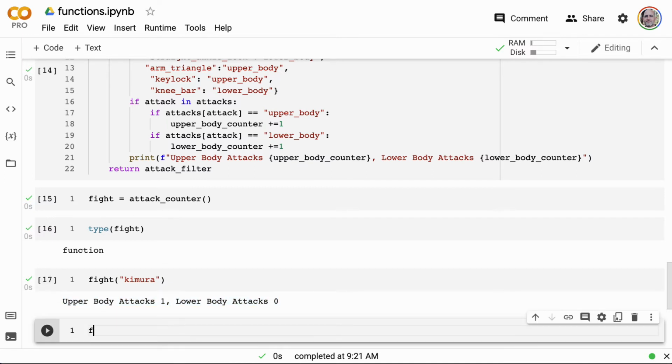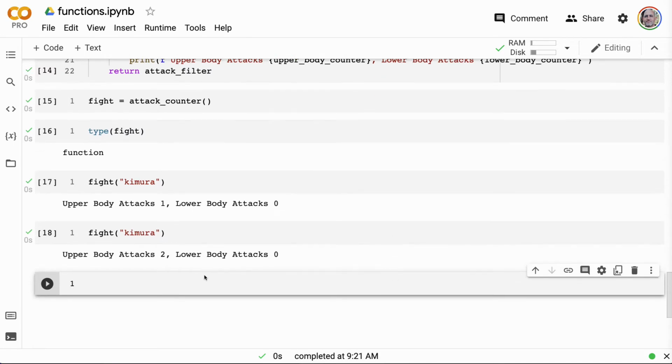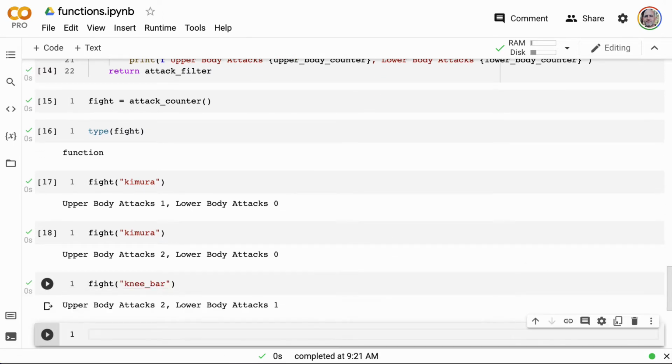Okay, well, let's do the same attack again and let's see what happens. Notice what happens is it's keeping track of the state, right? It never goes away because the inner function is passing that value to the outer function that's keeping track of it. And if I want to go for a different attack, I would go through here and I would say knee bar. Now we've got 2 upper body attacks, 1 lower body attack.